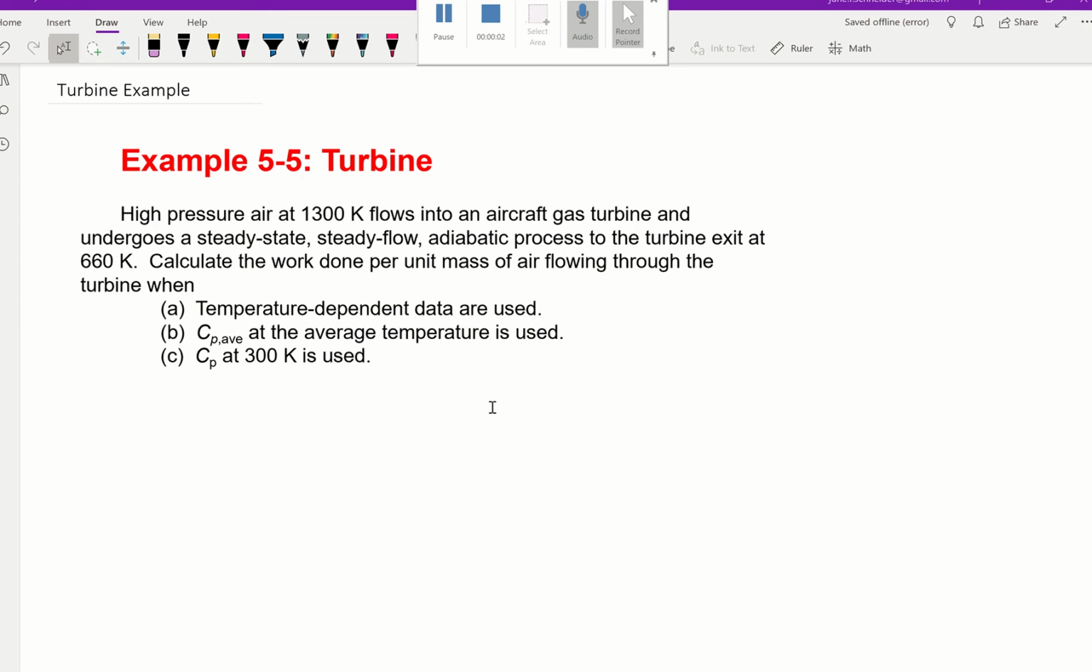Hello. In the last video, we were talking about turbines and compressors and what the specific formulas for them are in terms of mass conservation and energy conservation. So here's a recap on the equation. For a turbine,